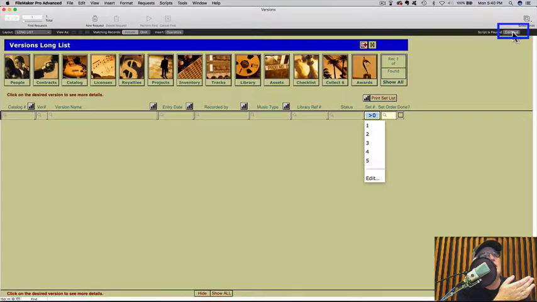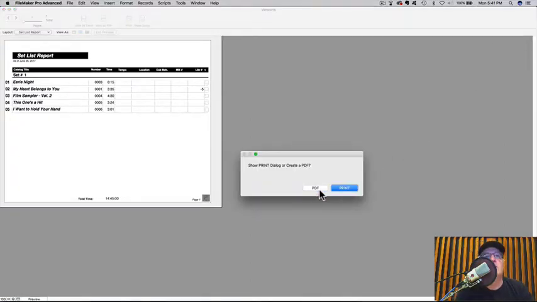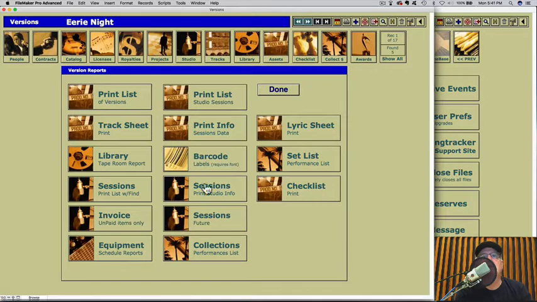So I'm going to click continue because I know I just need set 1, and there it is. And it orders it. It gives you the time of each one and any other information you filled in. But it's nice and helpful. Now you can put that on stage and use that as your set list. When you're ready to print it, click continue. You can do a PDF or you can print it out. I'm going to cancel or print, and it'll take you back to the report screen,